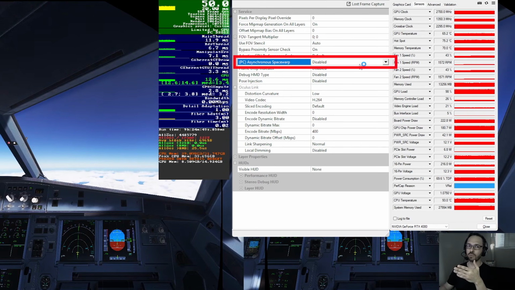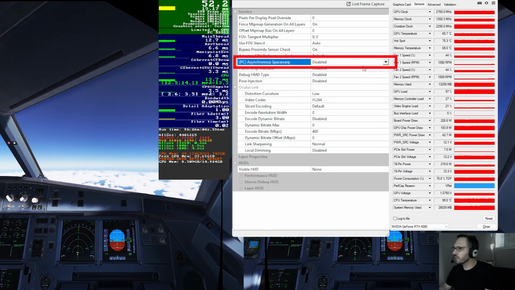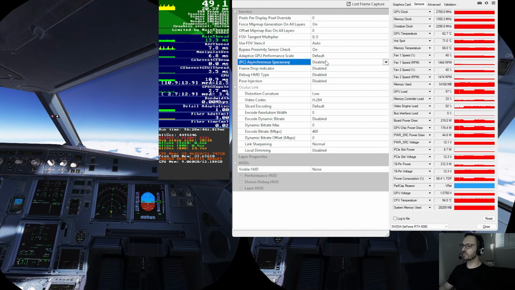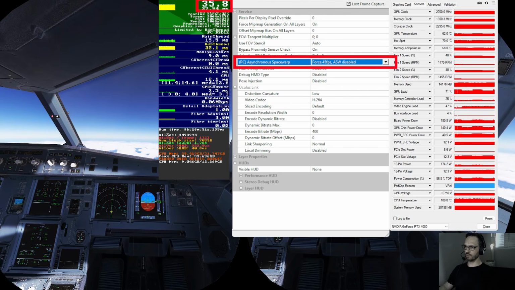With this disable option, we are removing the synchronization of the simulator frames per second with the headset. So if your headset is set to 72 Hz, when you switch ASW to disable, you will notice a frames per second increase. The GPU usage will almost reach 100%. We are now reaching 97% GPU usage. Now observe the half refresh rate with Space Warp disabled. The frames per second will now reduce to 35 frames per second. The GPU load is now at